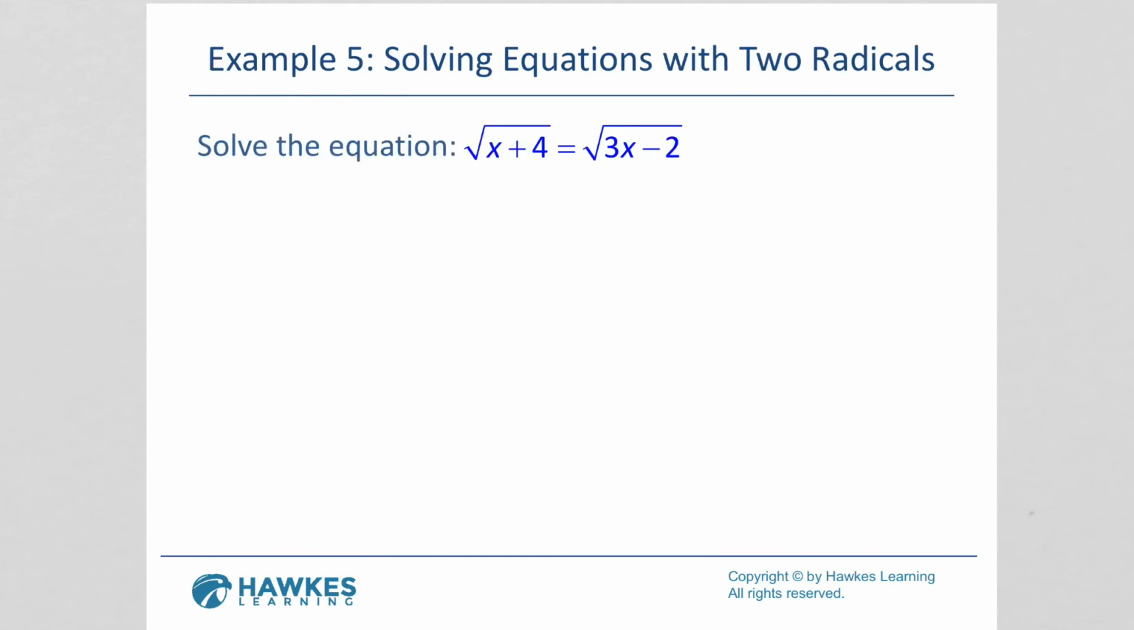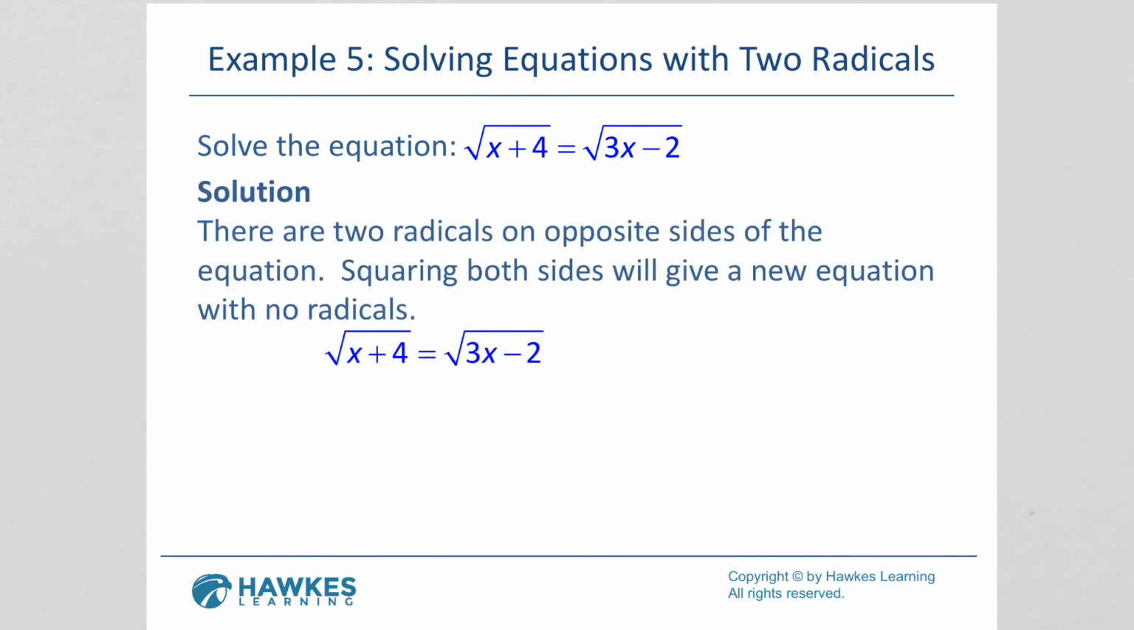Example 5, solve the equation. Square root of x plus 4 equals square root of 3x minus 2. Since I have radicals on both sides of the equation, I can simply square both sides, which will eliminate my radicals. The square root of x plus 4 squared equals the square root of 3x minus 2 squared, which is x plus 4 equals 3x minus 2,